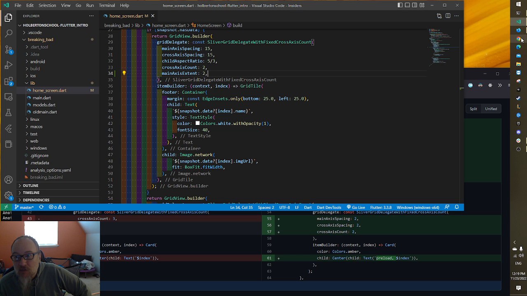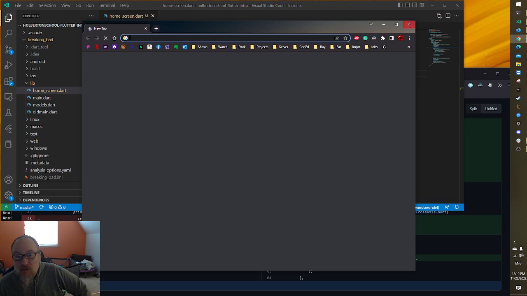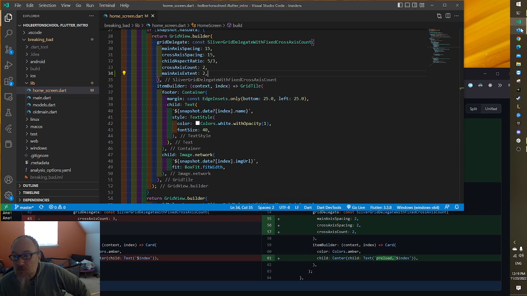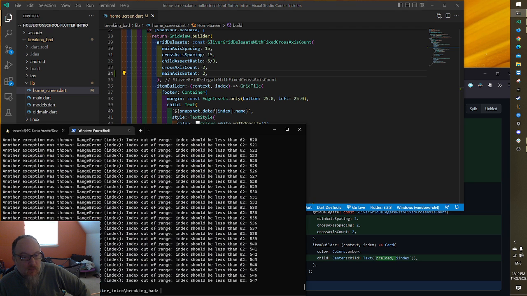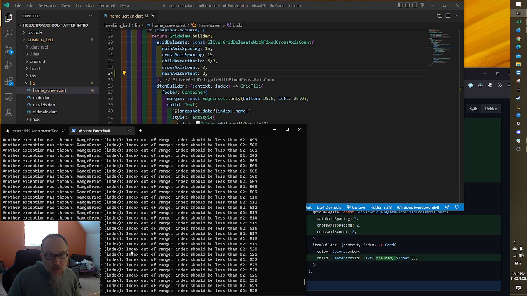Oh, did I close that window? That was silly of me if I did. Oh, okay. Yeah, okay. I guess it just keeps loading for as long as I'm scrolling. Index should be less than 62. Index out of range. Yeah, well, I see that. So why would it continue to present again? Okay, so maybe the main axis range is what